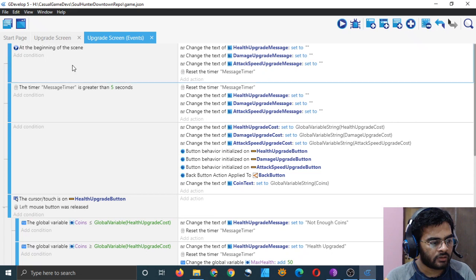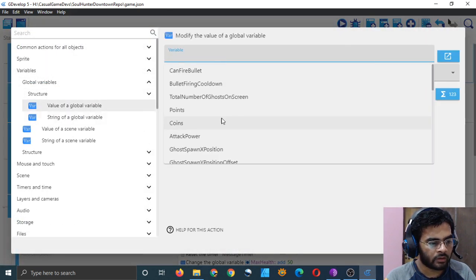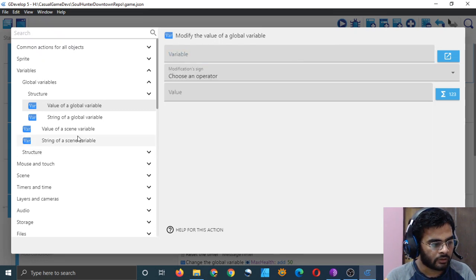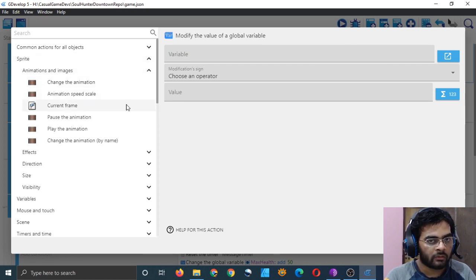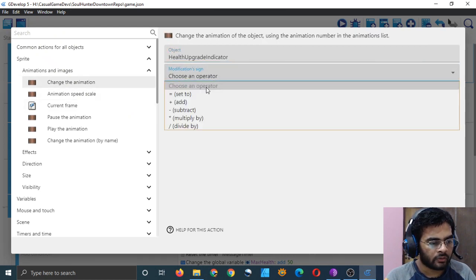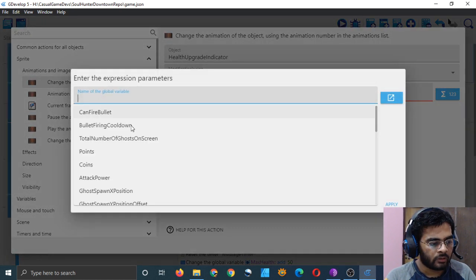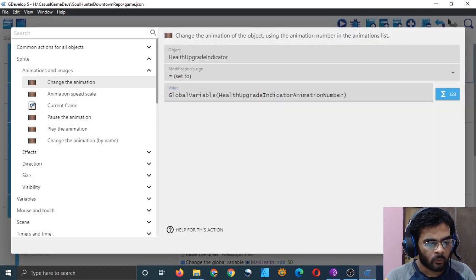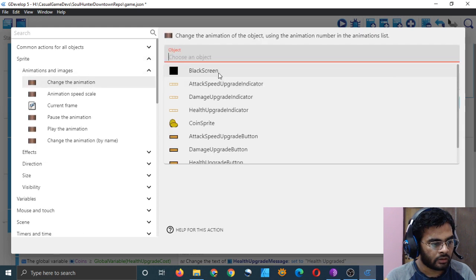So at the beginning of the scene, add action, change the animation of my health upgrade indicator, equal to variables, value of a global variable, and the global variable is health upgrade indicator animation number, whatever number that may be.